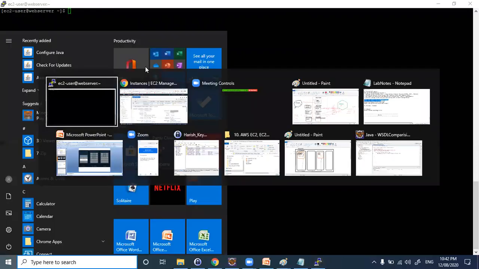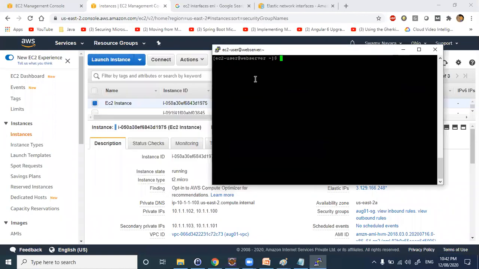The basic thing is the endpoint, whatever you are using in the curl, you can directly map it to a local variable, and you can use that local variable for your communication. So that's how it works. I will check this and I will show you how to use this one.